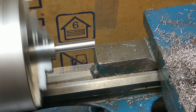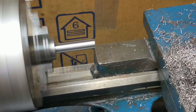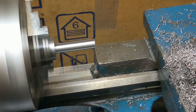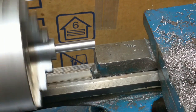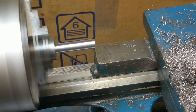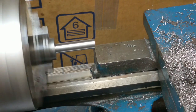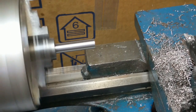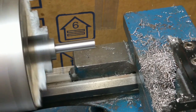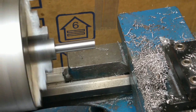Sounds a little different. There. Didn't quite get the slide gear all the way in. Yeah, the Acme thread down there is turning a lot faster. So, yeah, this looks promising. Now, one thing I should point out,